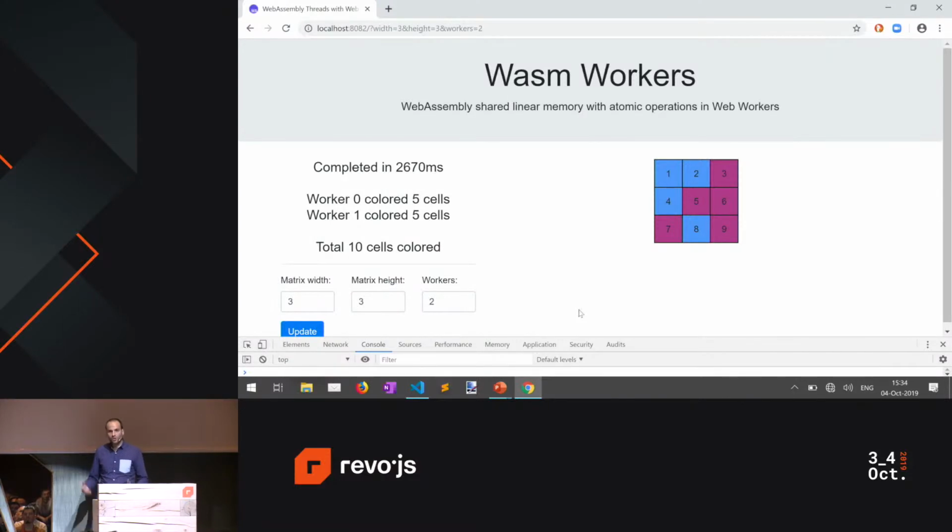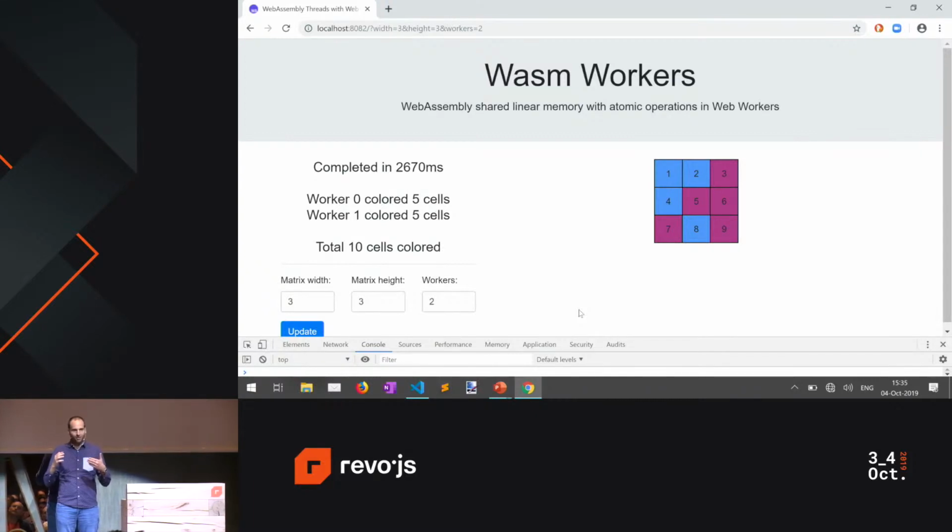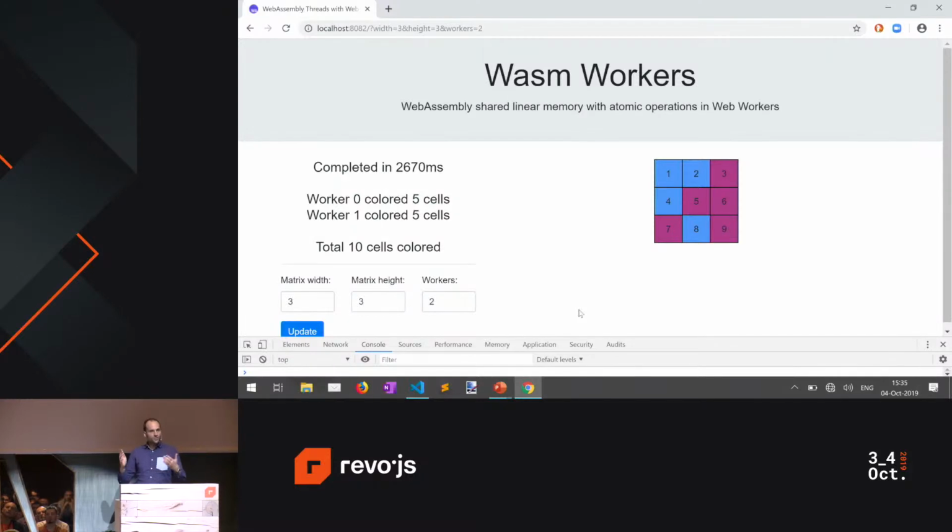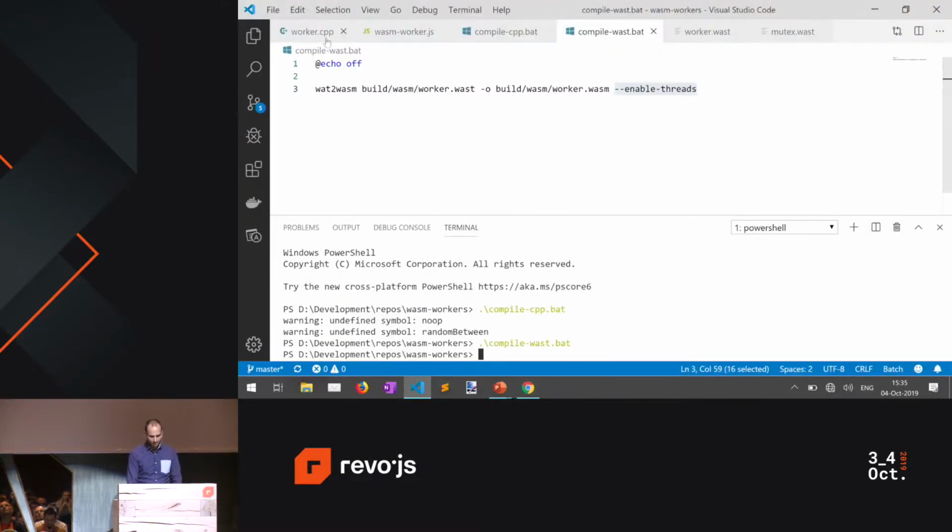And the reason is because we have this shared memory. Those threads are overlapping each other in the coloring process and then claiming, hey, I colored this cell, and then the other one, hey, I colored it too. But this was not the case because I wanted only the first one to color it, and then the other one should skip this cell afterwards. So in order to do this, we need some synchronization, or we need to use some of these atomic operations for that. And what I have here is that I had created one